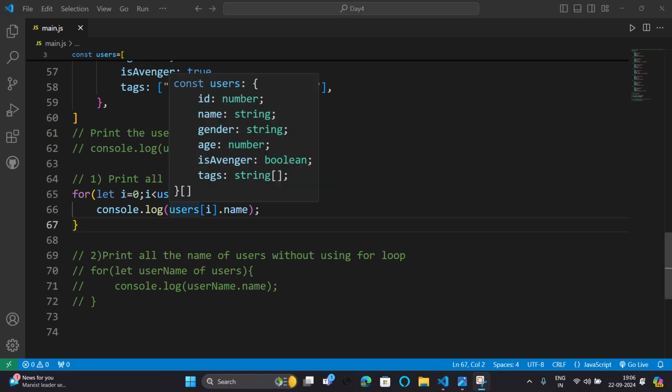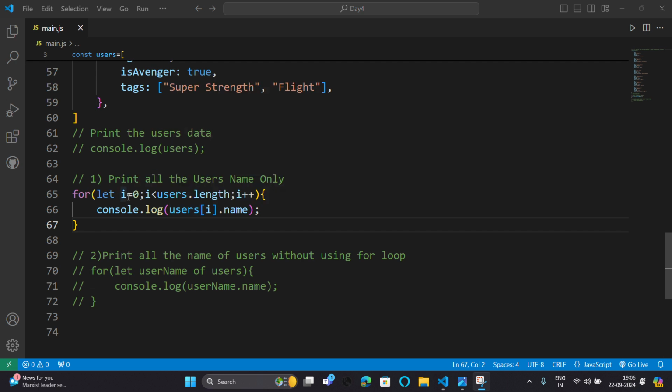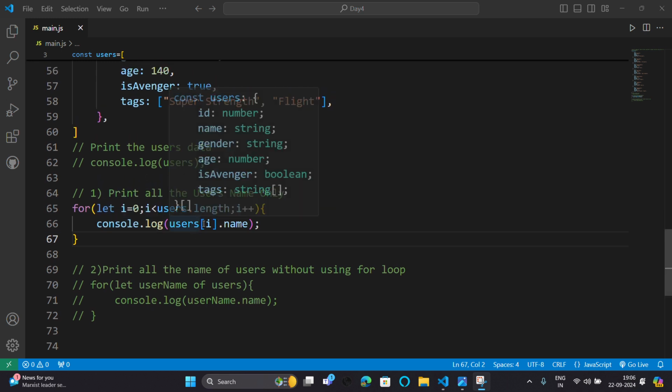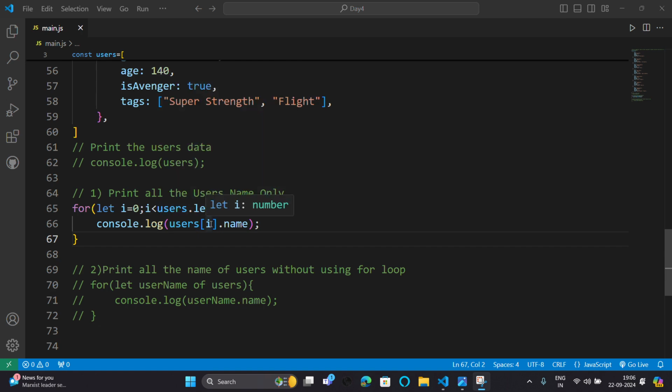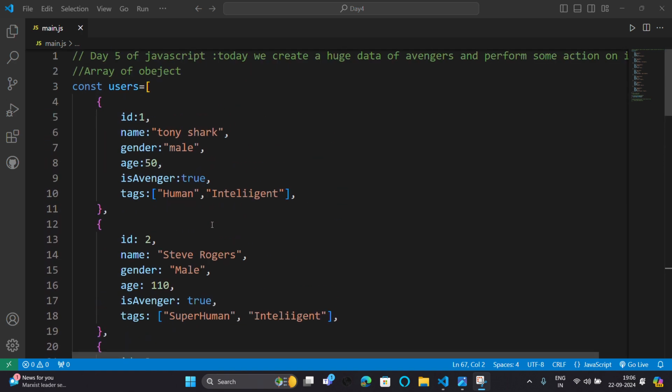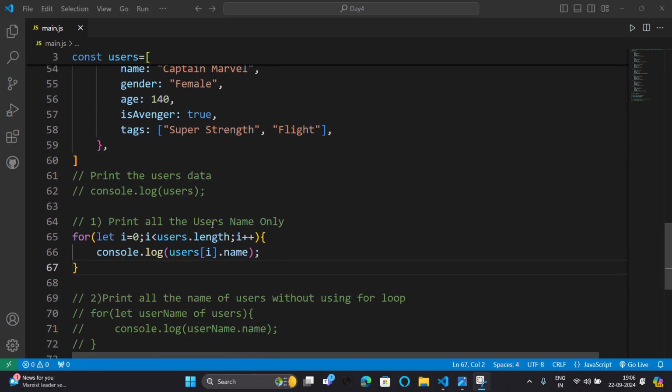First I created a let variable that starts from 0 and ends at the length of the users. Here I write console.log(users[i].name). It goes to users[i], which means users[0], the first index of the array, and prints the name of the user.